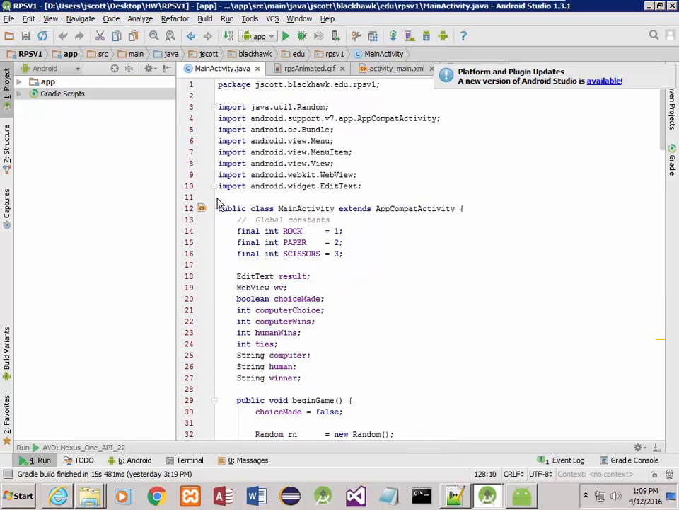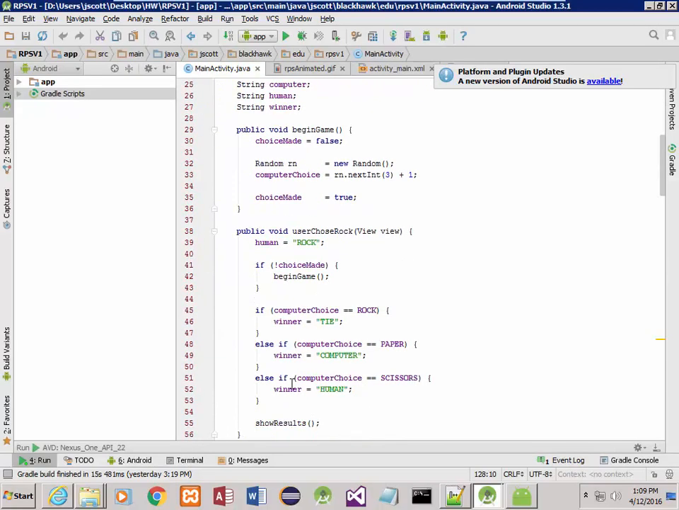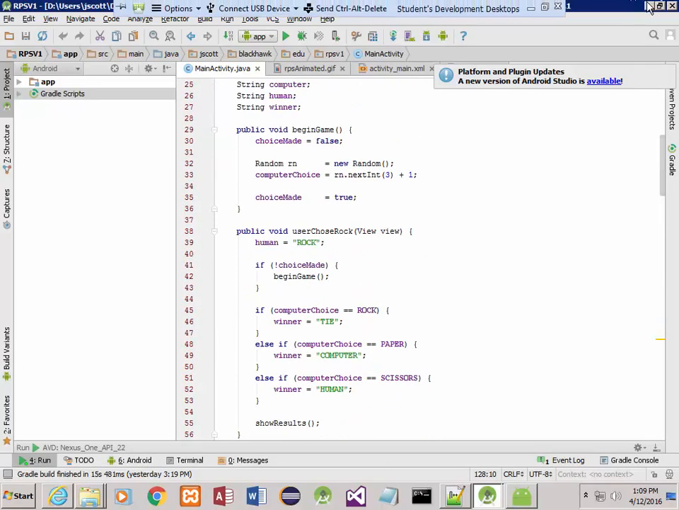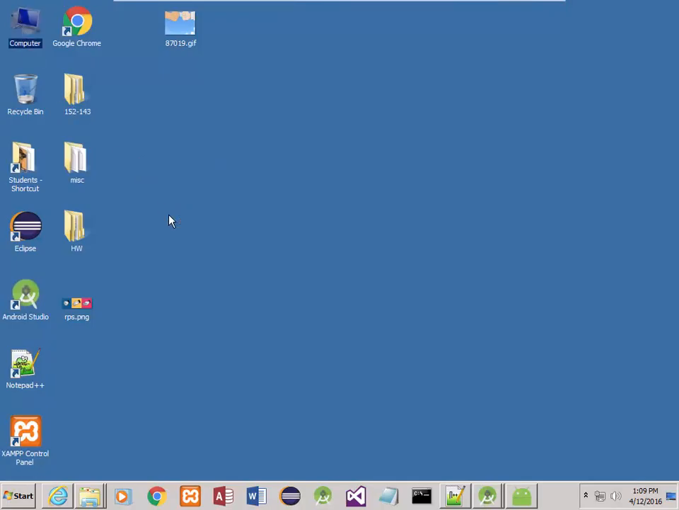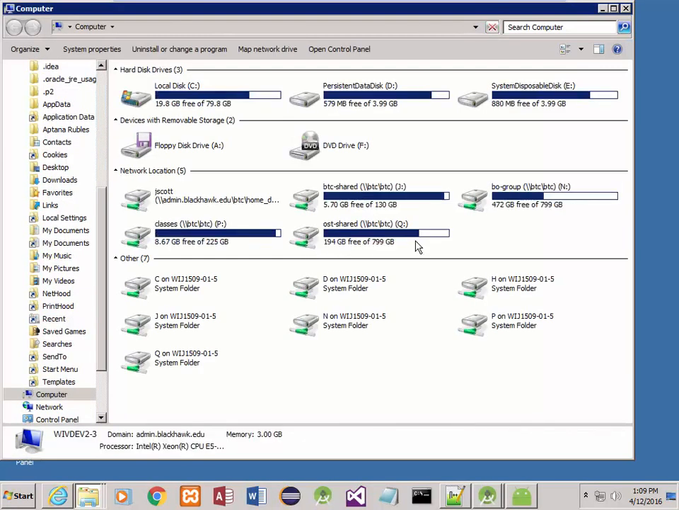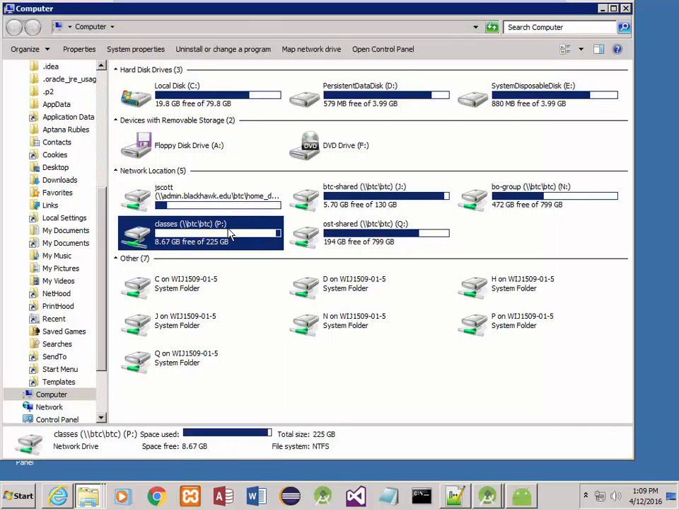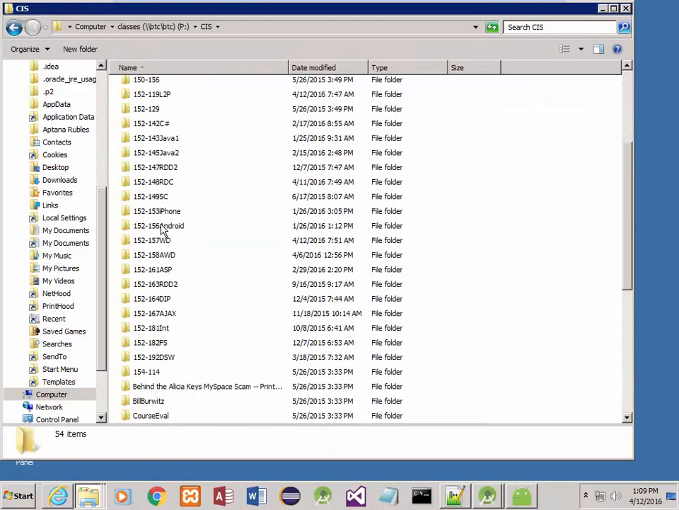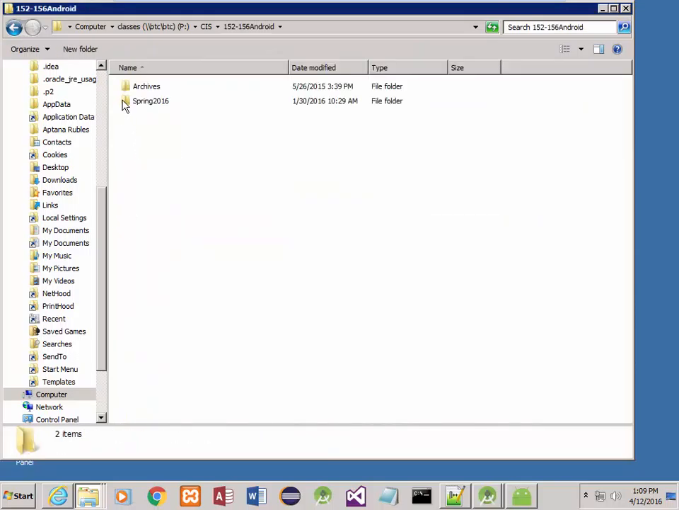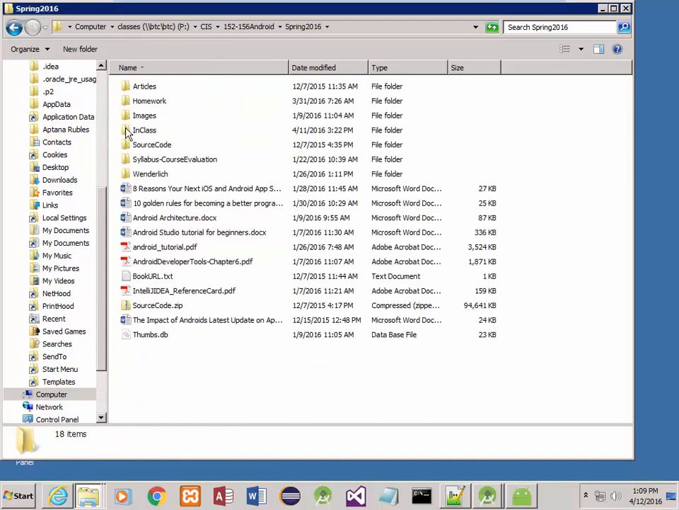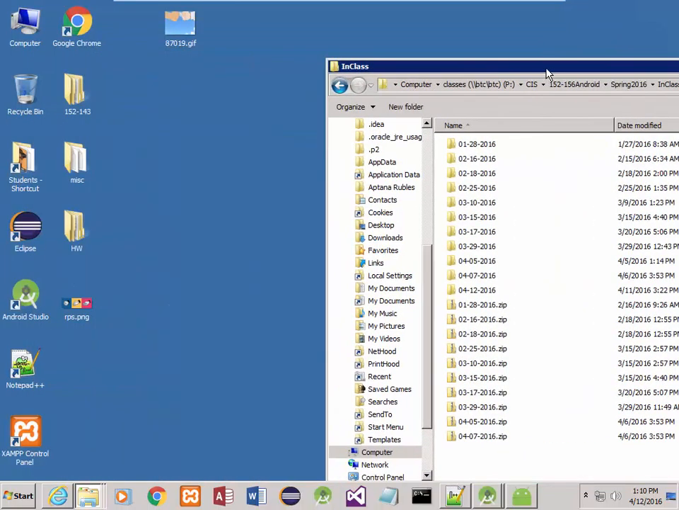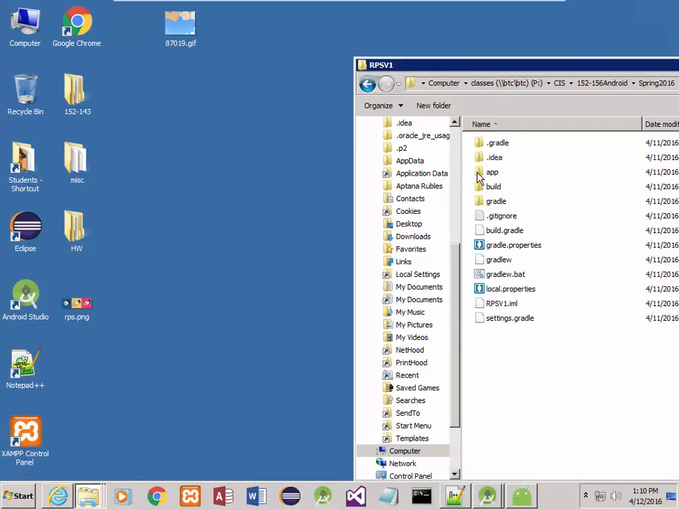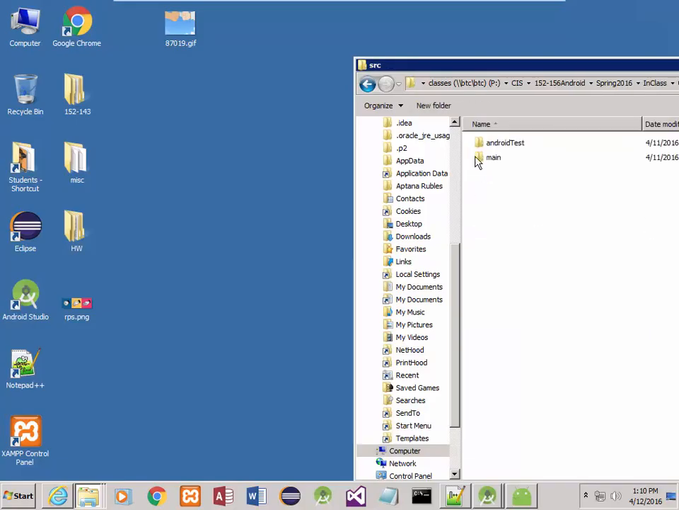I will tell you that with the copy that you have, I went back in and I added comments. So you see there's no comments here. But again, if you go out to the one that I just mentioned, if you go out to the P drive, you know the drill by now. CIS 152, 156, Spring 2016, in class. There's a folder out there with today's date on it, 412. And if I go through that folder just so you see this,